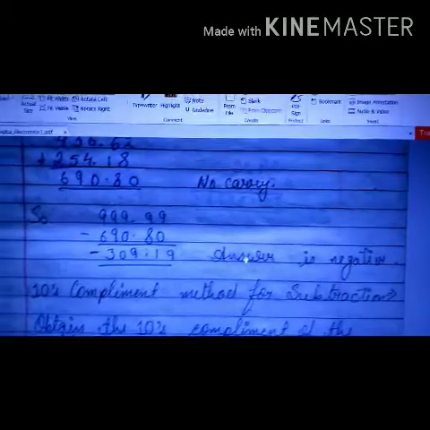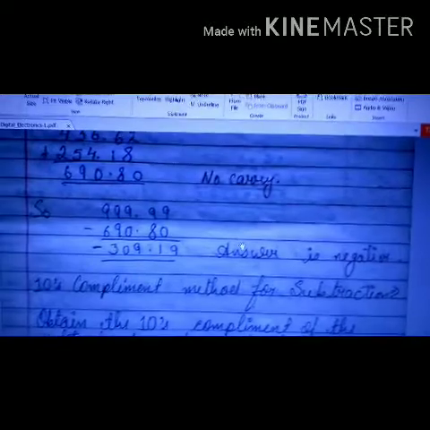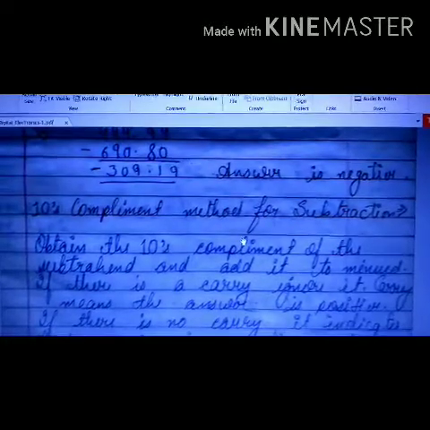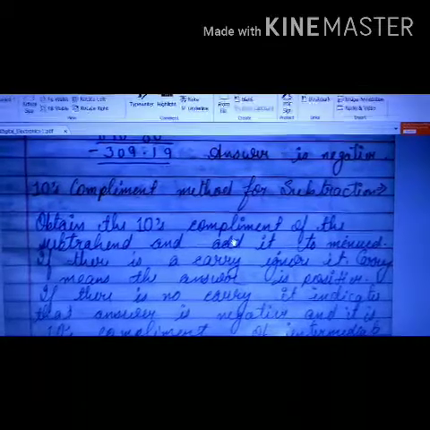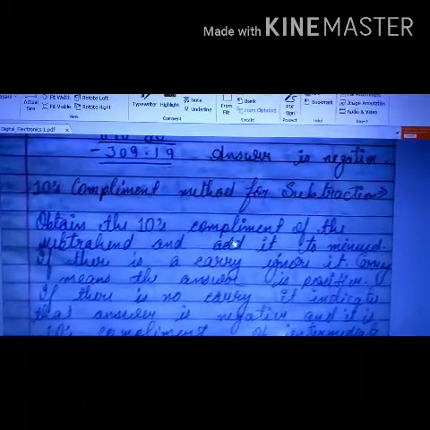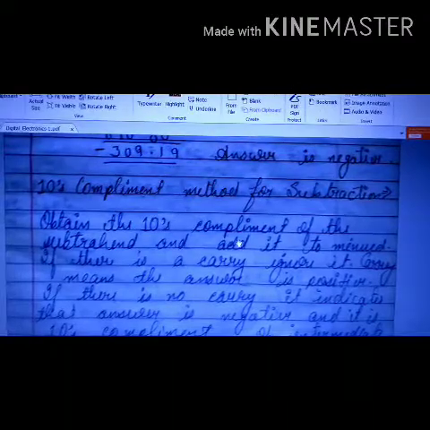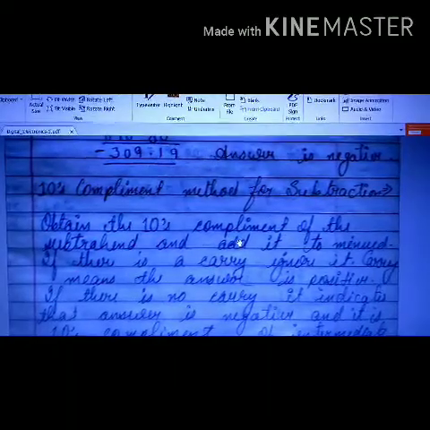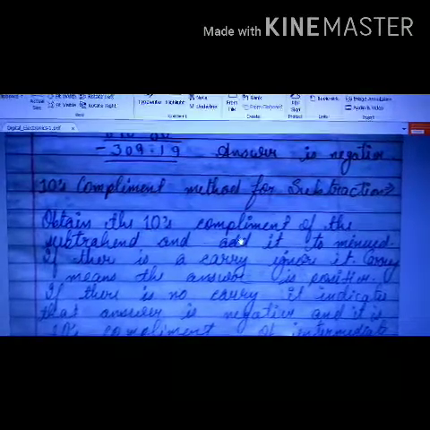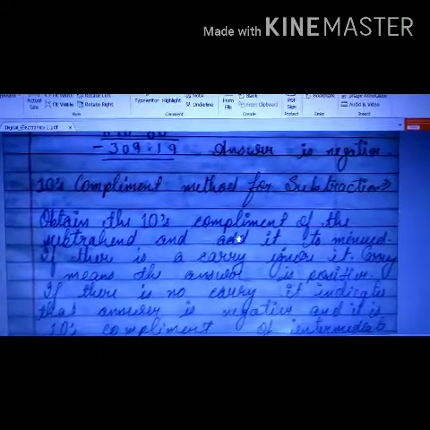Now for the tens complement method of subtraction. Obtain the tens complement of the subtrahend. The rules are as follows. That is, obtain the tens complement of the subtrahend and add it to the minuend. If there is a carry, ignore it. If there is a carry, it means that the answer is positive. Okay, now